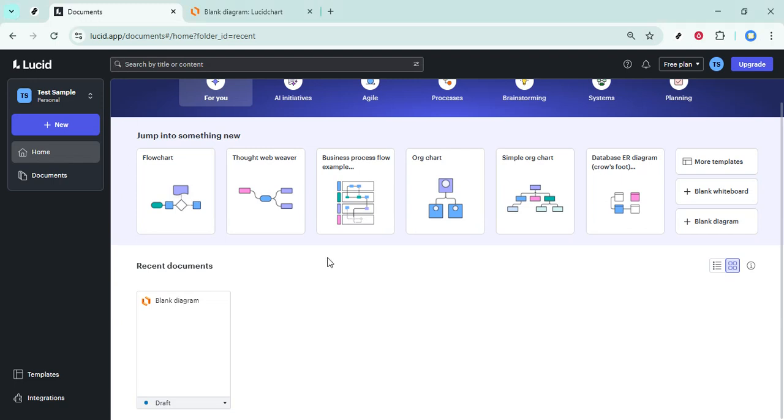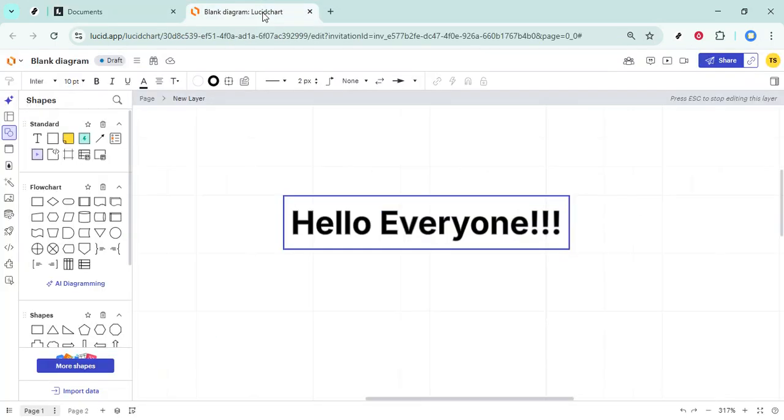First, open your browser and head to lucidchart.com. If you're not already signed in, go ahead and log in so you can access your workspace. Once you're in, you'll land on your Documents page. Look for the Recent section and click on a document you've been working on. Opening a recent file is the quickest way to jump right back into your diagram without having to browse through